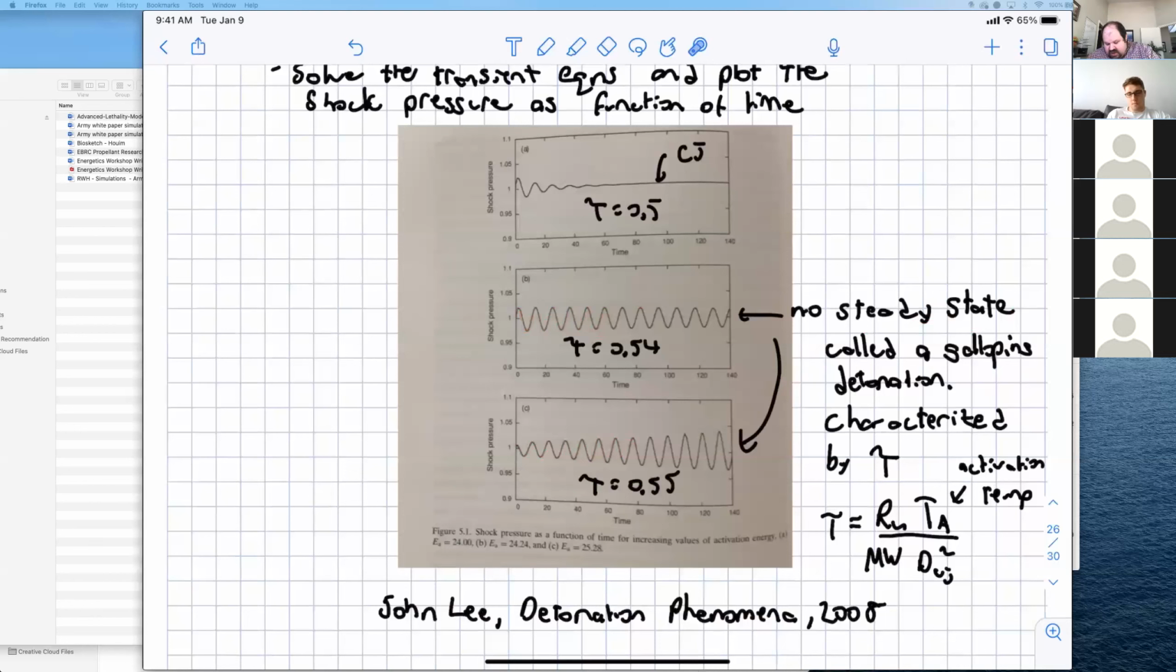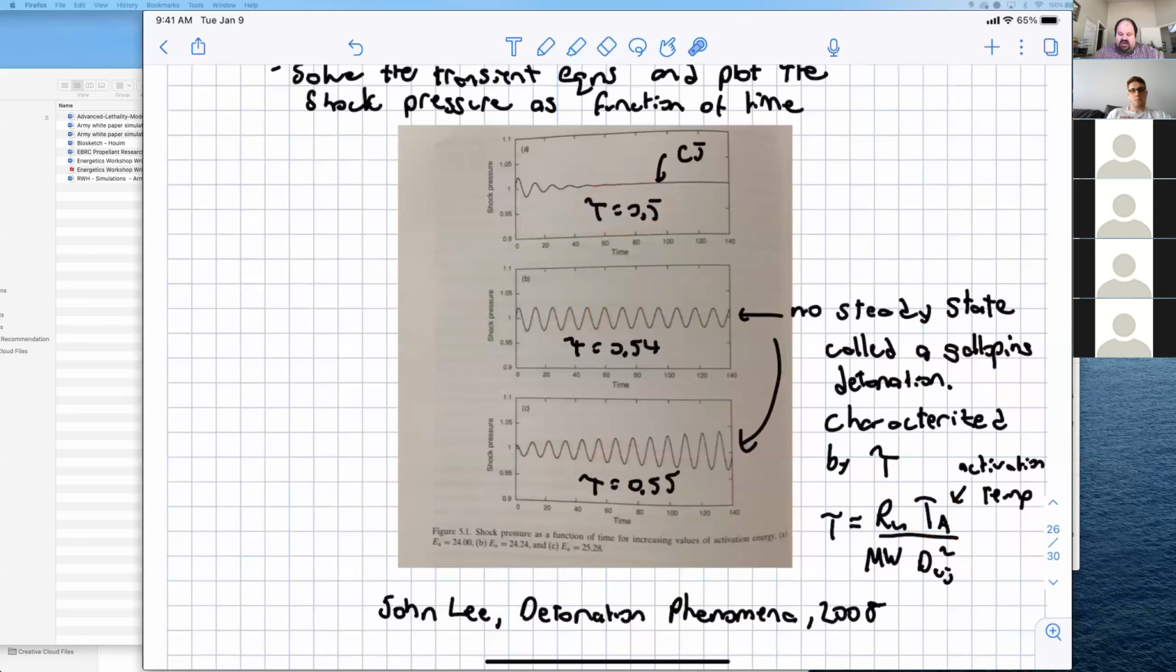And this tau is a parameter that's been found that characterizes it well. Tau is given by the universal gas constant divided by the molecular weight times the activation temperature divided by dCj squared. I don't know if they just messed around and found that that worked, or whether there was a Buckingham pi type thing that they did that found that that is a good parameter to check. But anyways, if this tau parameter is 0.5 for your given material, or gas or solid for that matter,